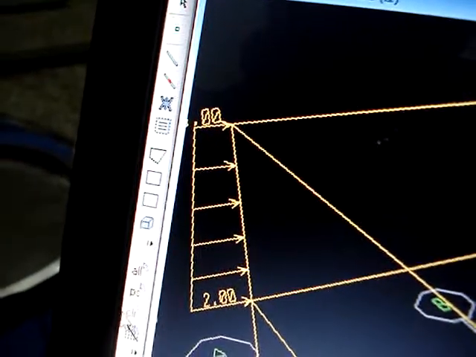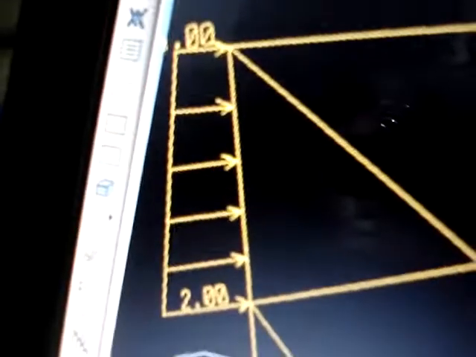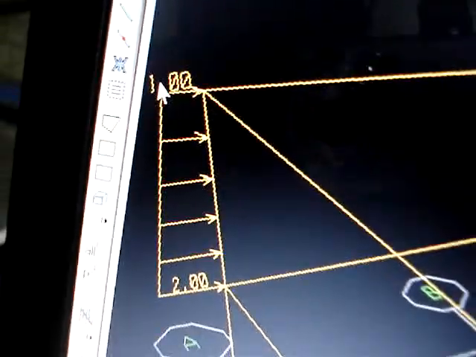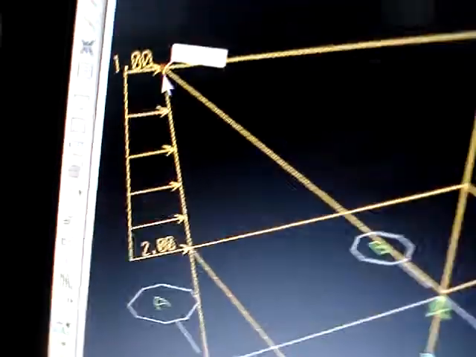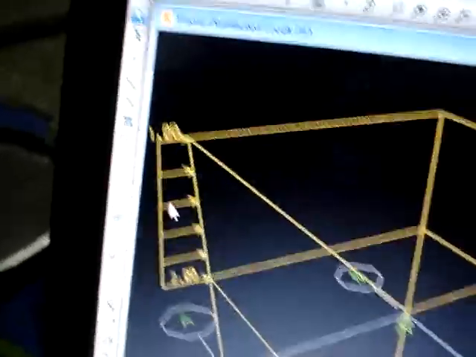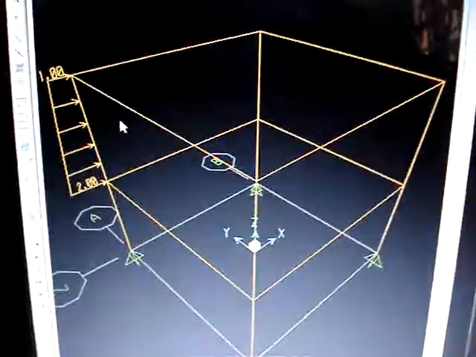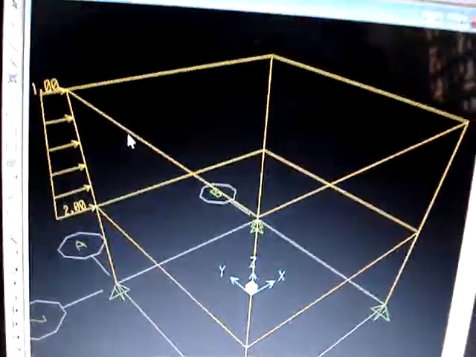if you just broaden the screen somewhat, you can see the value 1 here. You will be able to see here 1, 2. So 2 to 1, there's a distributed load. Now you have defined the material, you have defined the load, you have applied the load, you have also defined each and every member according to your requirement.